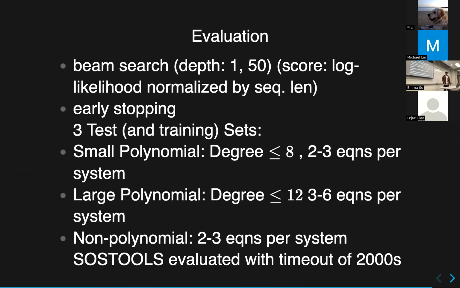Okay, so evaluation again, beam search. It's the same procedure. They also use early stopping, and then they evaluate on 3 different sets. So they have a small polynomial set, a large polynomial set, and then a non-polynomial set. In their experiments, they train models that use combinations of all 3, or just train on one of them, and then they look at the results and see that